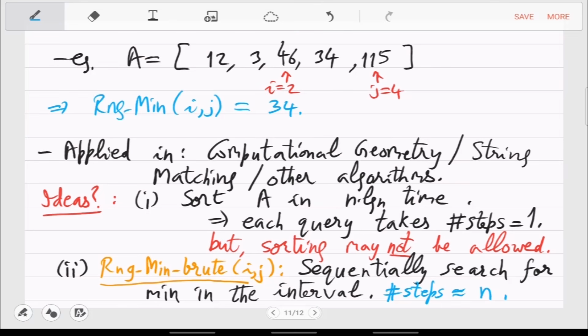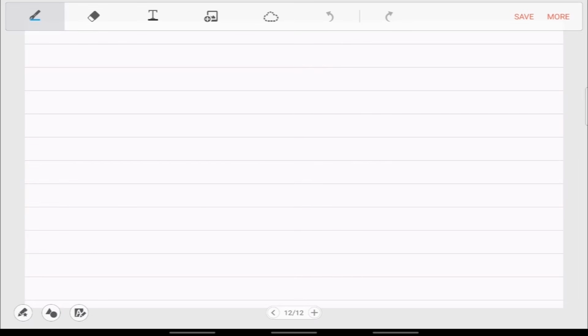Yeah, third idea is actually similar, but let me anyway say it. So third is range minimum matrix. So what you can do here is you can build a matrix n cross n, and in the ijth entry you can put the min, right? But the cost here is even more tremendous, because how will you fill the matrix? It's a big matrix. Even if you fill it, how will you store it?